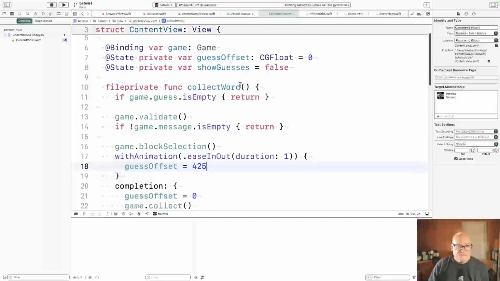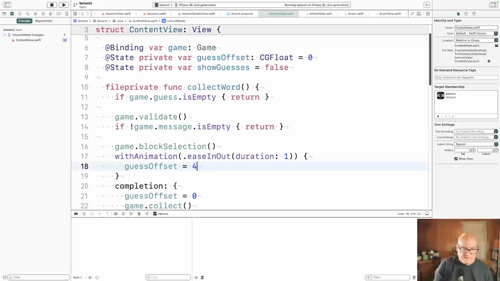Let's make that 450. But the offset, well,